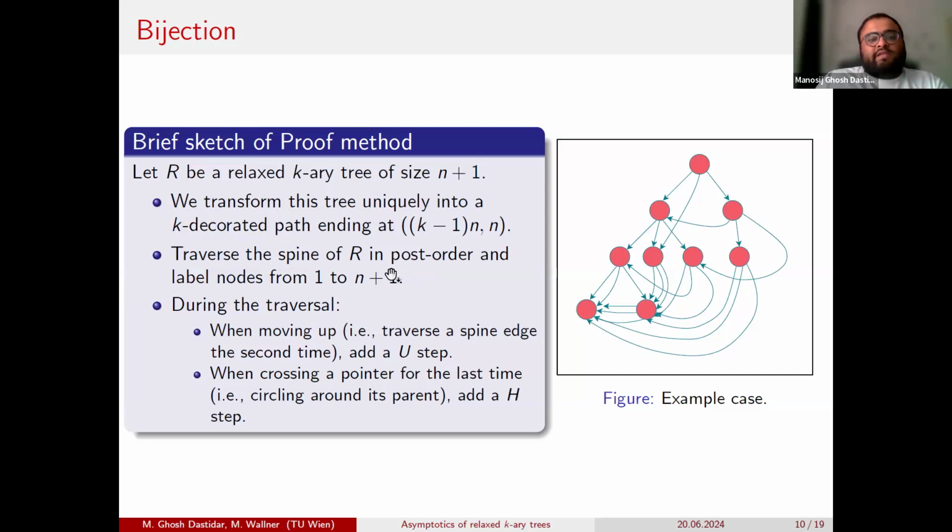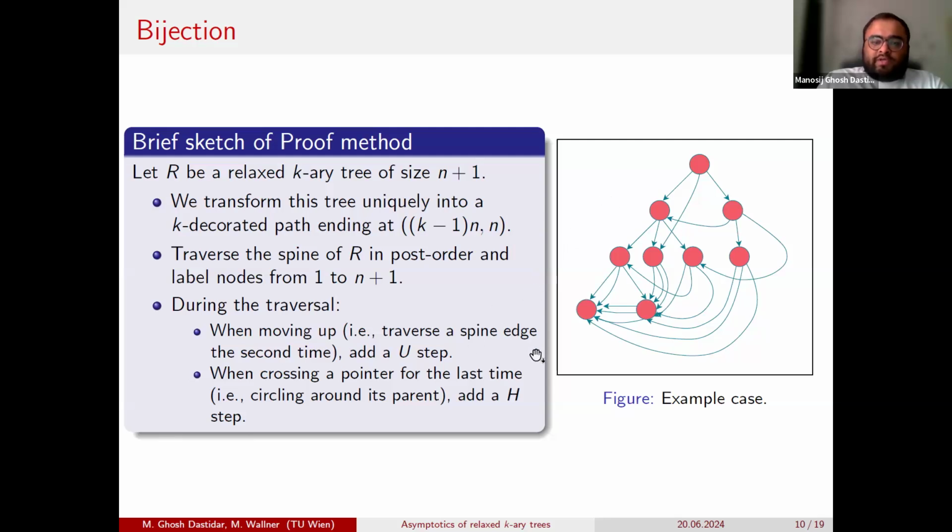So firstly, this is an example case of a ternary tree, as you can see. We will transform this tree uniquely into a k-decorated path ending at (k-1)n, n. We traverse the spine in post order and label the nodes from 1 to 9.